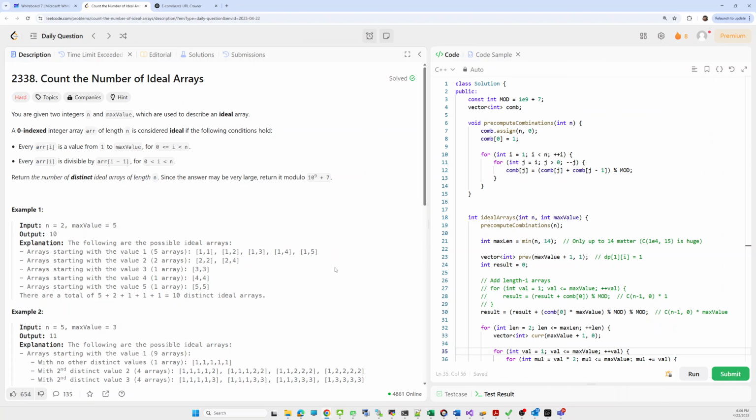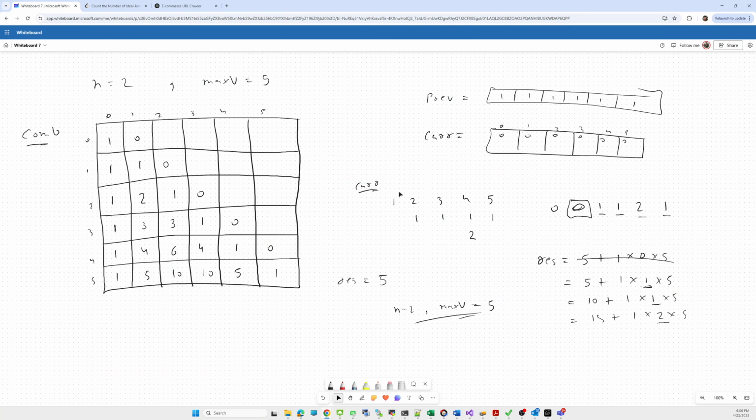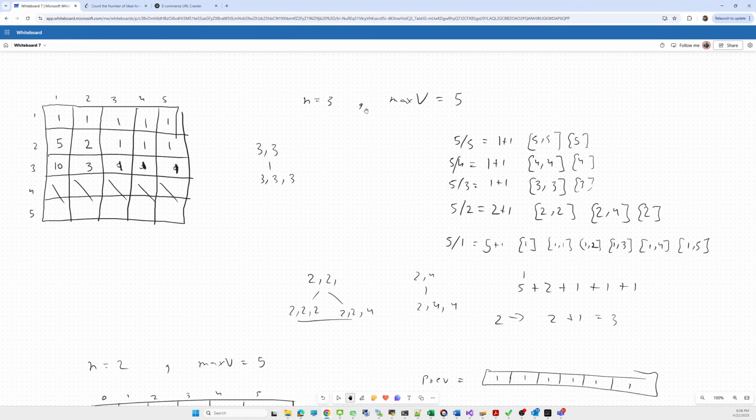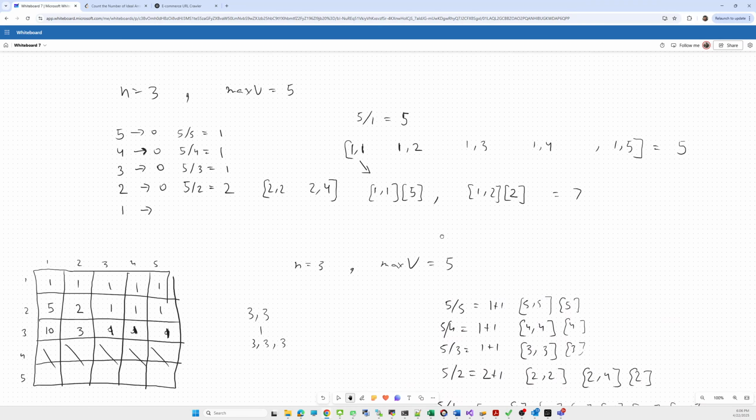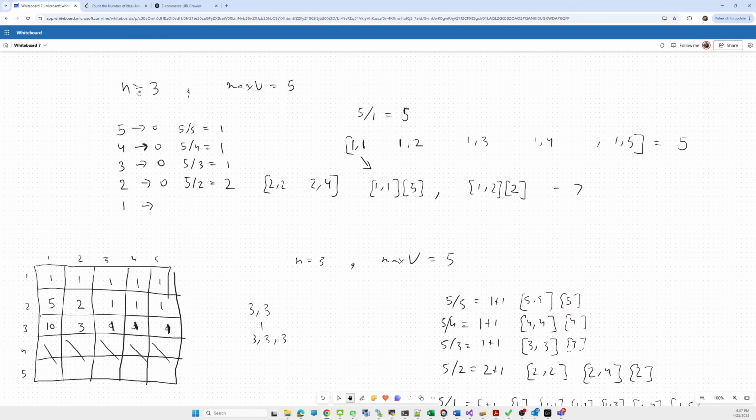Okay, so we'll discuss the first approach that I used in this scenario. My first intuition was that we have to form an array of size n with the maximum value whatever it is.